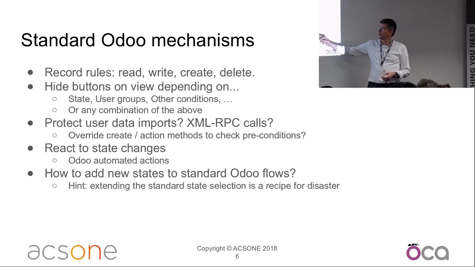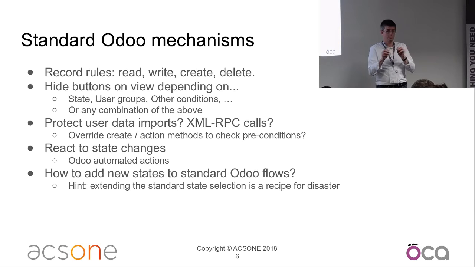And also, very important point, how to add new states to Odoo flows. When you take an invoice, it goes to draft, to open, then paid. If you need more, for instance, between draft and open, which will be my example, how do you do that? Newcomers tend to say, okay, good, I will extend the selection of states on the state field of the invoice. It's a very, very bad idea to do that, because Odoo internals have all kinds of